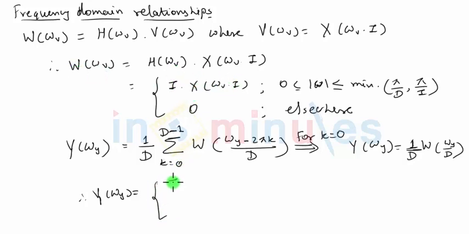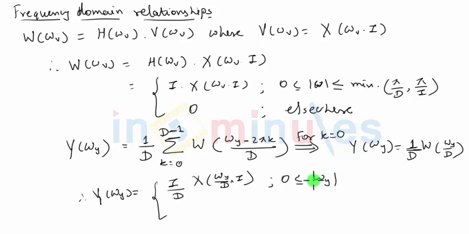So first W is equal to I, which is a constant, into X. But here we want W of omega y by d. Now what will be W of omega y by d? It will be nothing but X of omega y by d into I, because wherever we have omega v, we are replacing it with omega y by d. So it will become X of omega y by d into I, because this I is already there, and this 1 by d will multiply in front of X in the form of I by d.